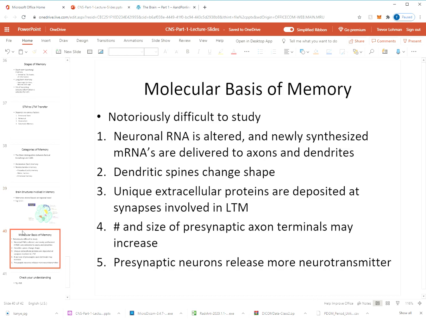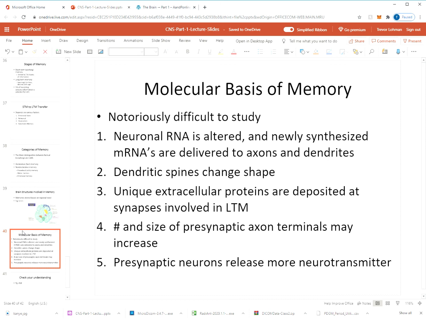The molecular basis of memory, difficult to study. We don't understand it super well. I mean, we understand the process and how memory is formed, like on a chemical and physiological level, but it just doesn't feel like we really understand it, right? I don't know. I guess that's a little woo-woo, but anyway,